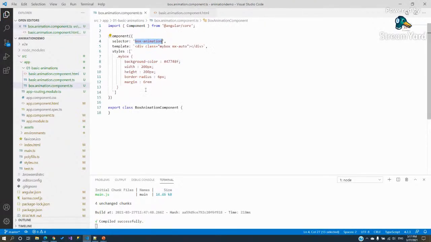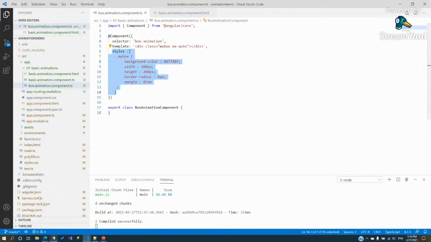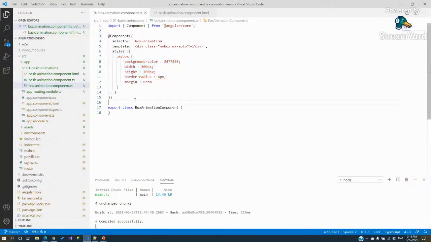So now I have created one basic Angular component, in which I have placed a div, and within that div I have used a class, mybox mx-auto, and I have defined the mybox class attribute by using the CSS styles in the styles properties. Okay. Now if we go to the browser, this component basically draws a small rectangle of 200 pixels height and width, or better to say a small square, in the UI. Now we will add some transitions effect or animations effect on this particular